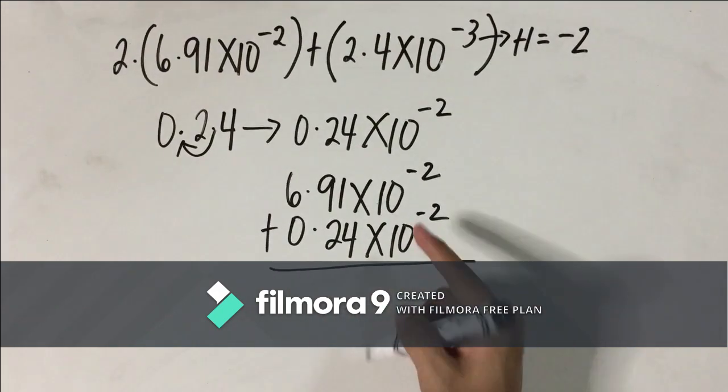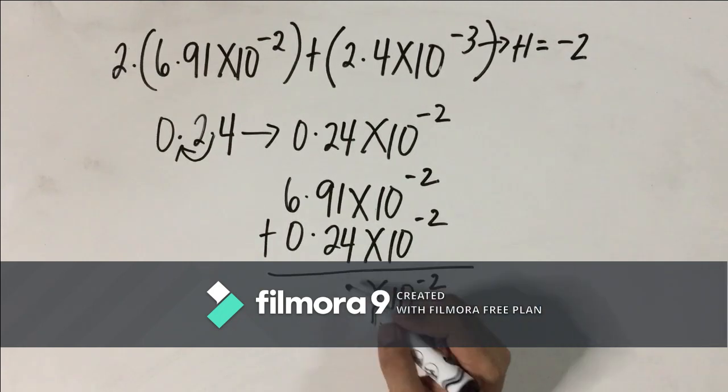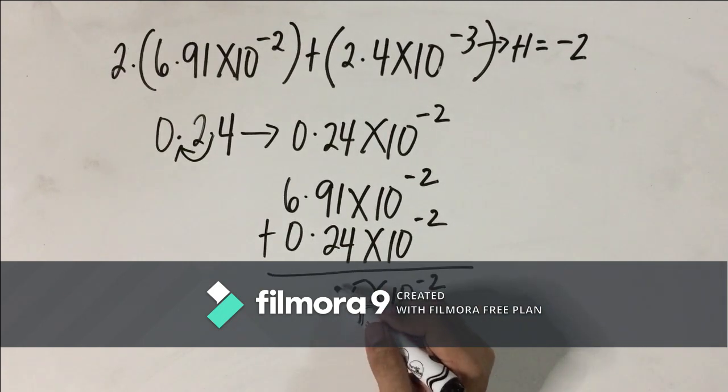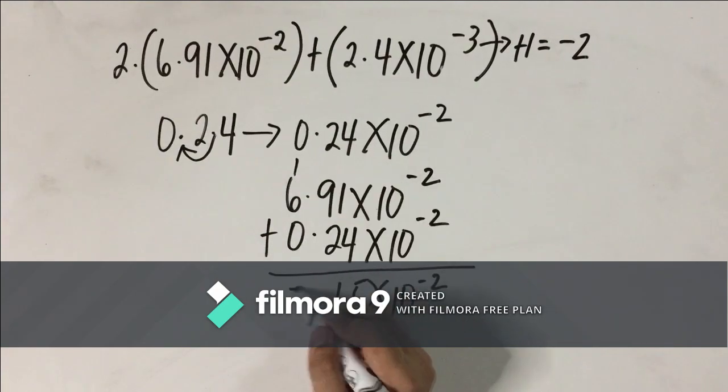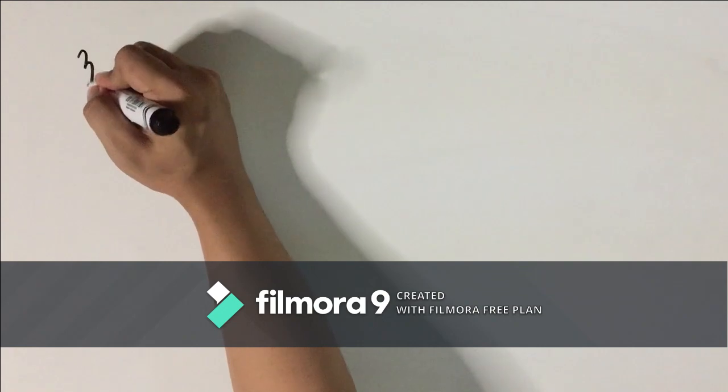Same procedure, bring down times 10 raised to negative 2. Do the addition. 1 plus 4 is 5. 9 plus 2 is 11. So 1 plus 6 is 7. Now for number 3,